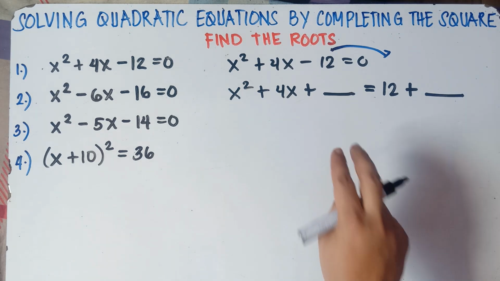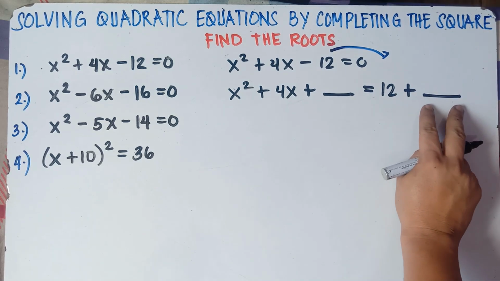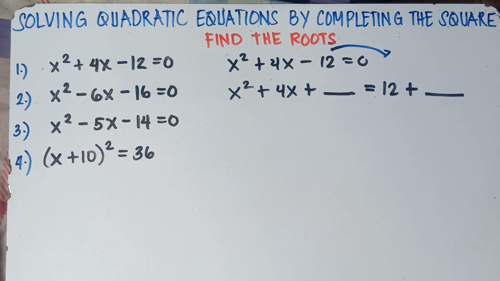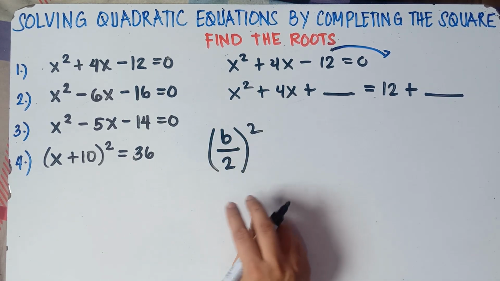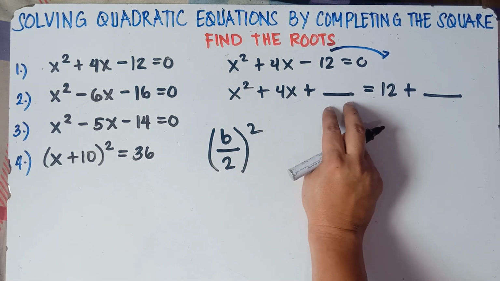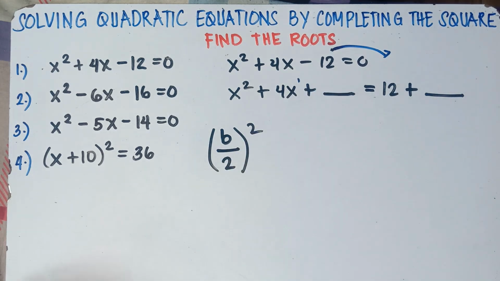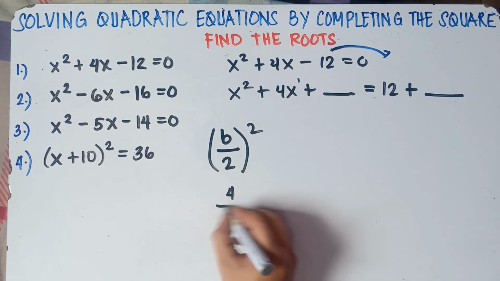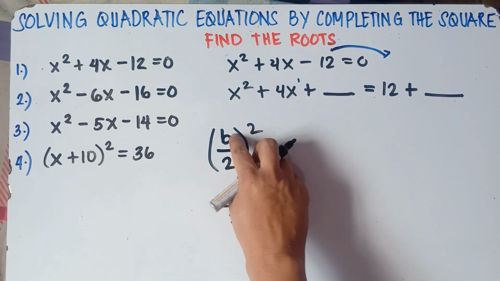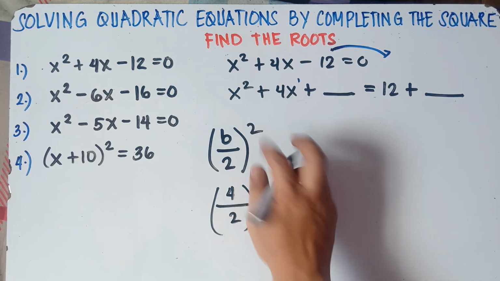So what would be that number that we add on the left side of this equal sign is the same number that we will add on the right. Question, what would be that number, sir? Now to find that number, class, we have the formula, that would be b over 2 quantity squared. So this is the formula to find the new constant. Our b, class, is beside x with the exponent of 1. This is what we call the linear term. So our b is 4. So that would be 4 divided by 2. So once again, b divided by 2. So 4 came from b, divide 2, then squared.